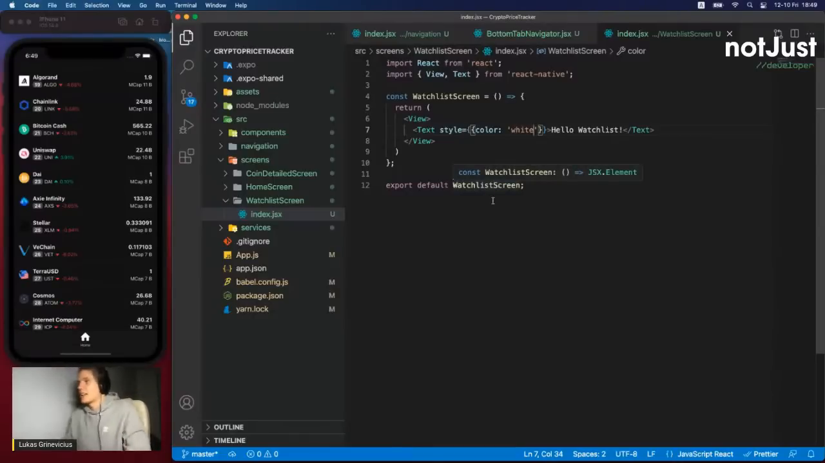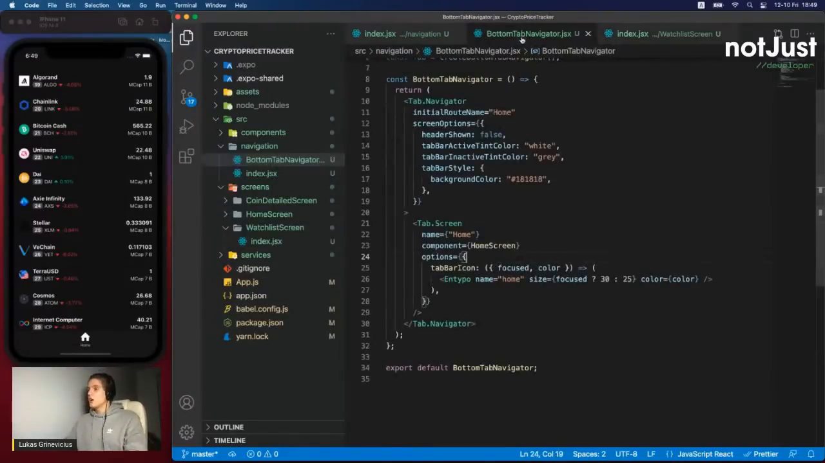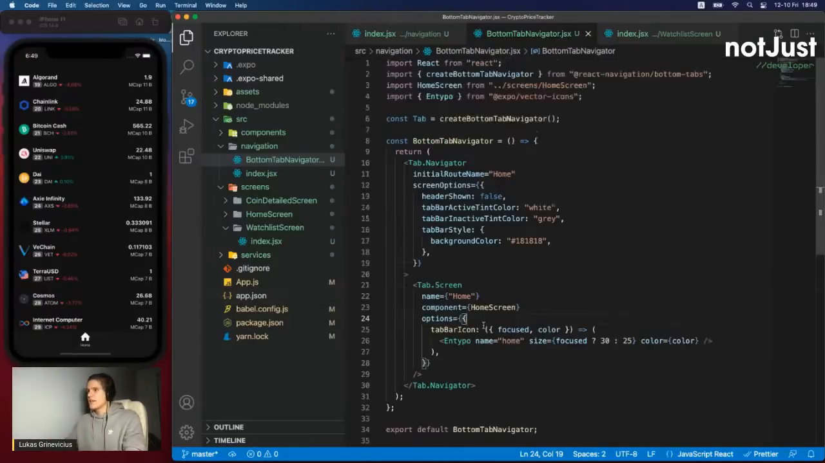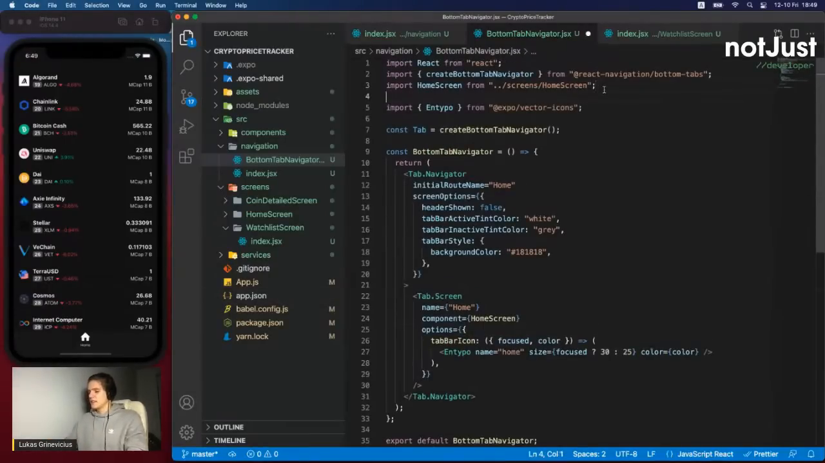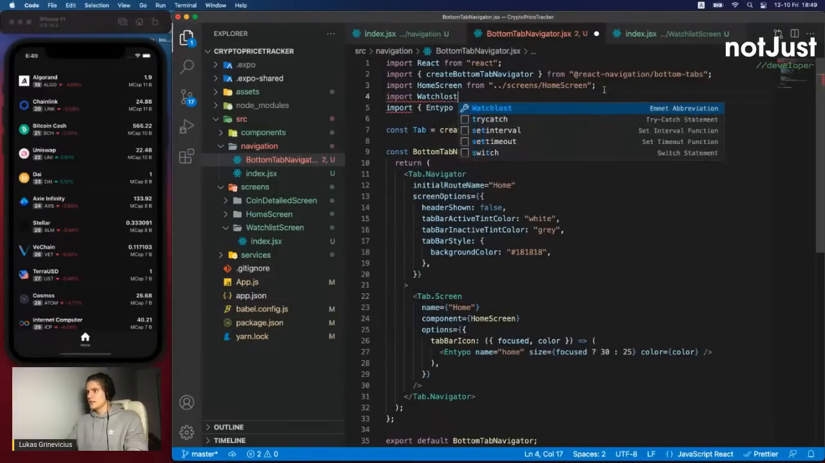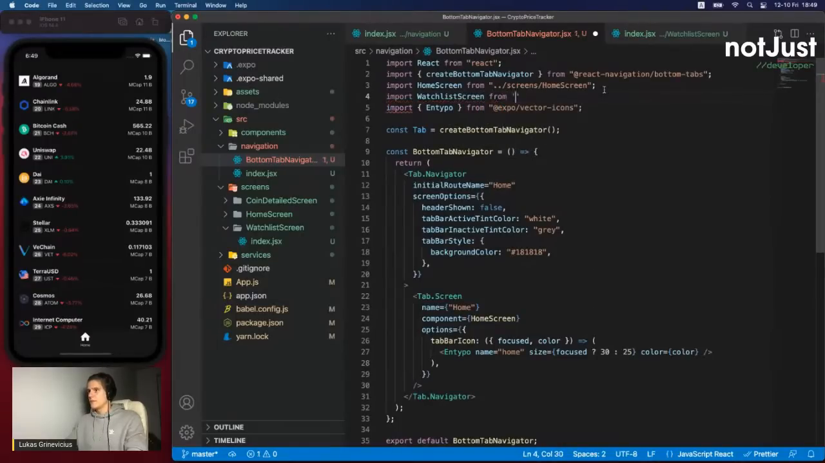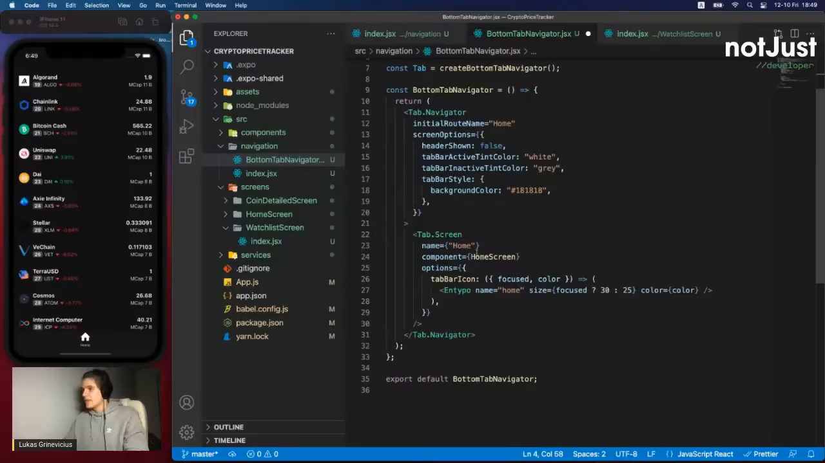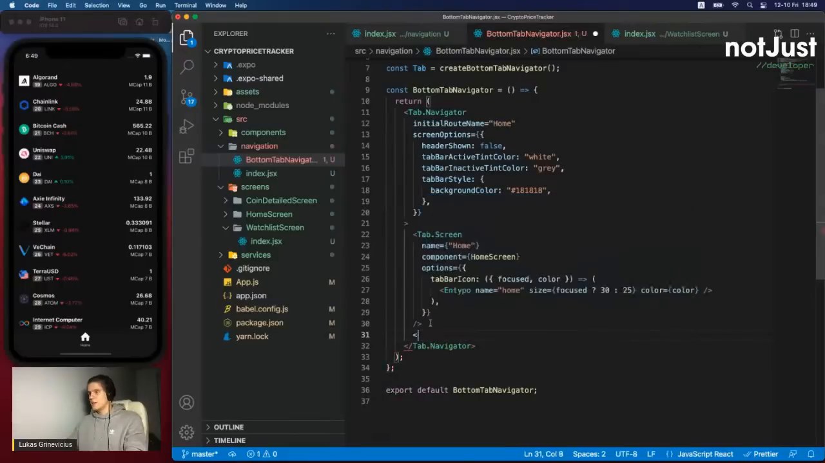Just like that. Okay, so we have the screen, but we also need to add it in our bottom tab navigator because that's how we are going to navigate there, right? So let's import a watch list screen from screens/watchlist screen. Okay, and now we need to add another tab screen simply by doing tab dot screen